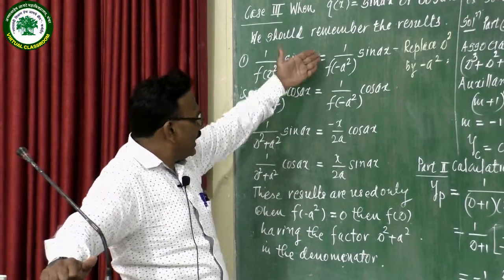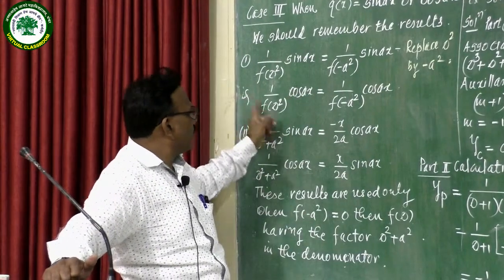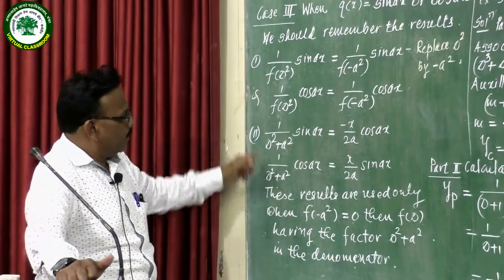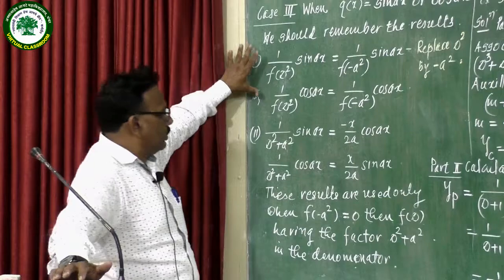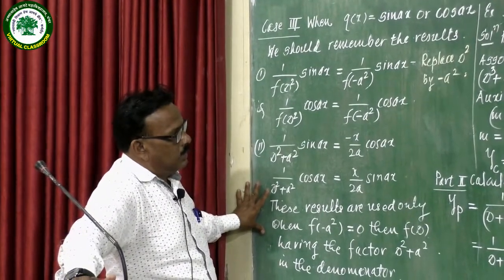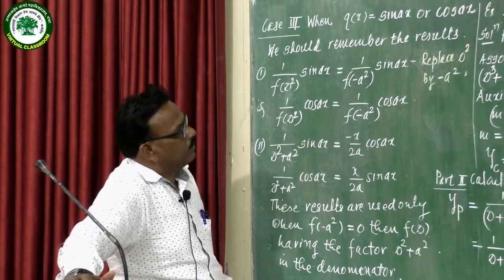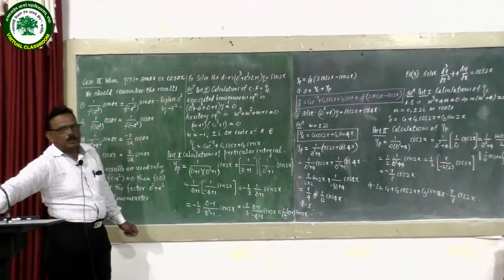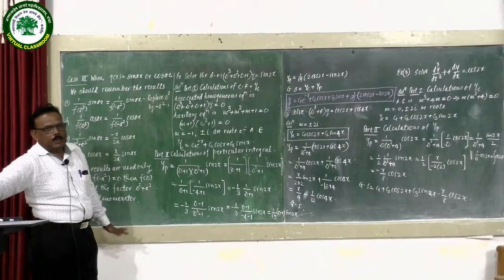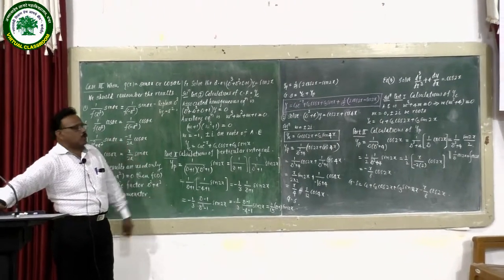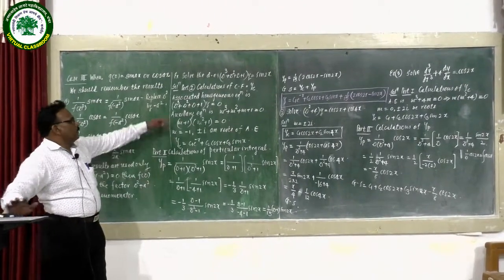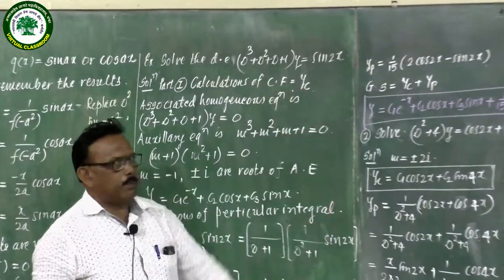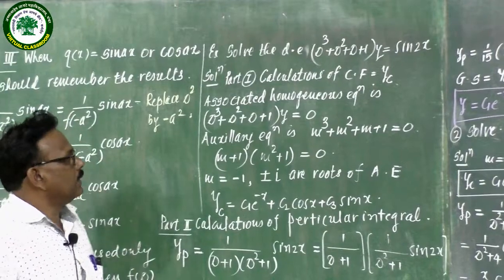We are not going into detail of all these things, but you should remember these four formulas, very important formulas. Using these results, you can directly solve the particular integral and you will get the general solution of the non-homogeneous linear differential equation with constant coefficients. For the sake of simplicity, for your understanding, we are taking three examples of different types.